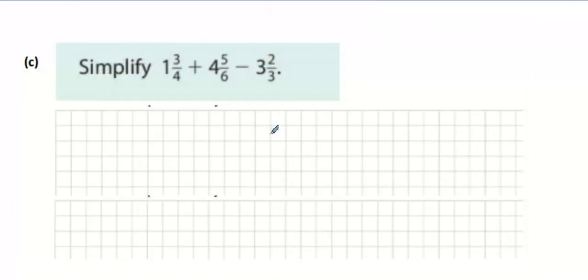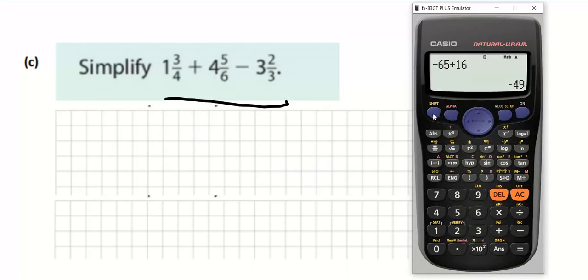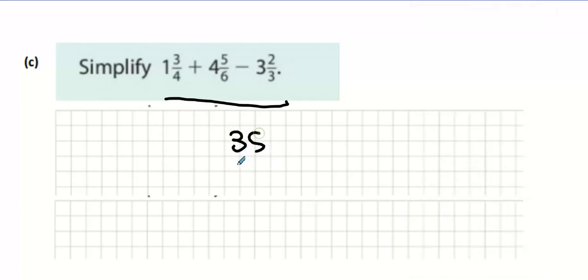Everybody, this is a calculator. Press shift, mix fraction. Do 1 3/4. And Moses got the correct answer for this. Once again, if you could use a calculator, you had a fair chance of getting a lot of marks here. You're well able to do them before the test, so somebody's just probably forgotten the day. There you go, 35 over 12. Is that right, you guys? Cool. Okay. Now,